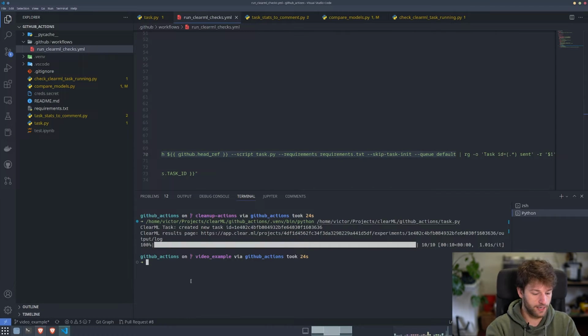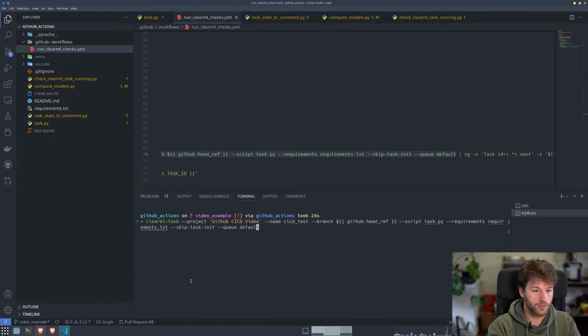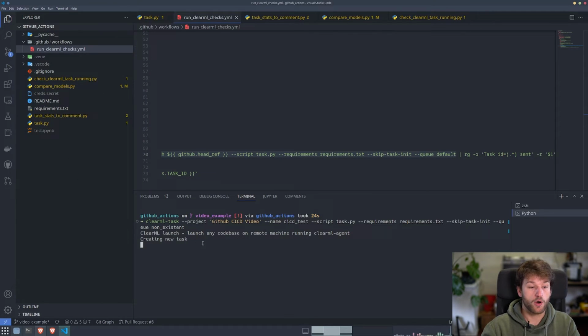I'll open my command line here. What I'll do is put it into a queue that is non-existent so that it will fail, but we can see the output just to be sure. And then I'll make sure that the branch is gone here because it's an interpolated value that we don't have in this case. So if I run this in my GitHub Actions example repository here,